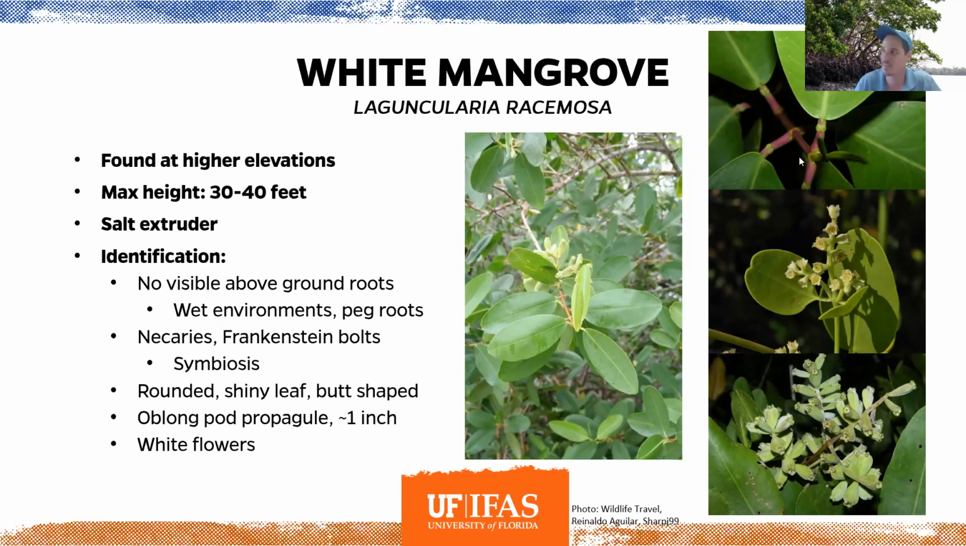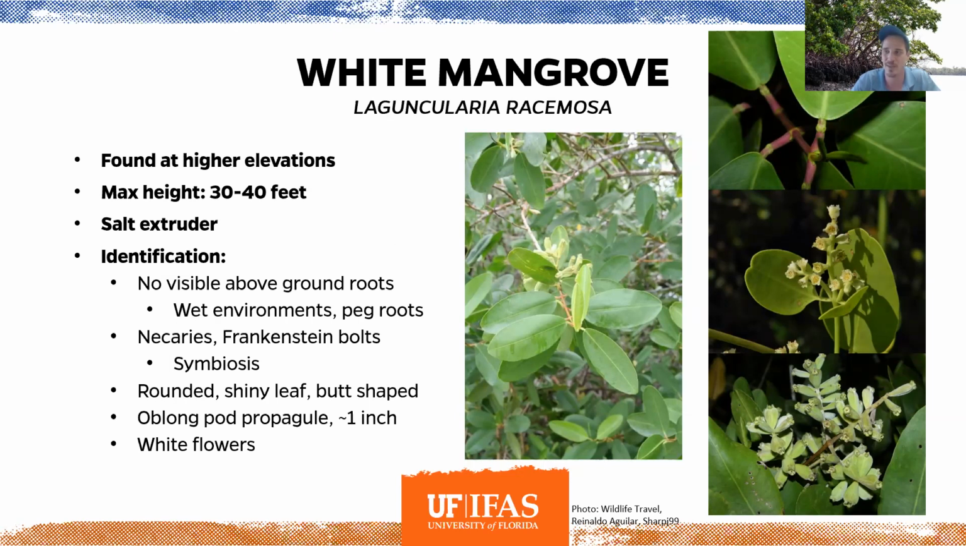They have these two tight glands right here, which I like to call Frankenstein bolts. So the rhyme for them is white, white, hold on tight. These two little bolts are actually called nectaries. And what is a nectarine? That's a sugary fruit. So nectaries actually excrete some sort of sugary substance, such that they have a symbiosis with